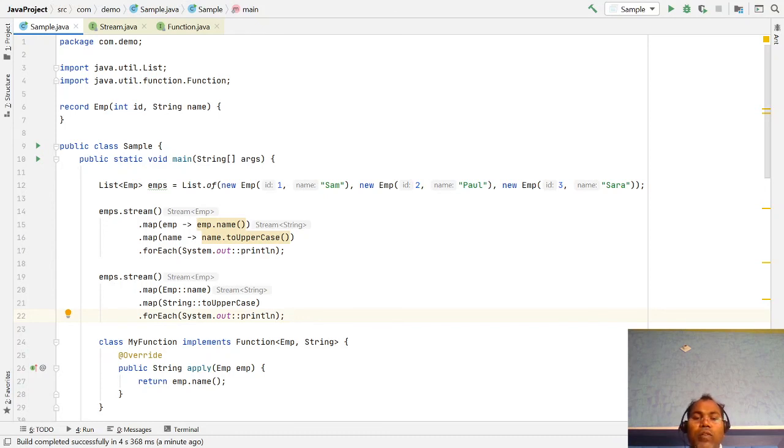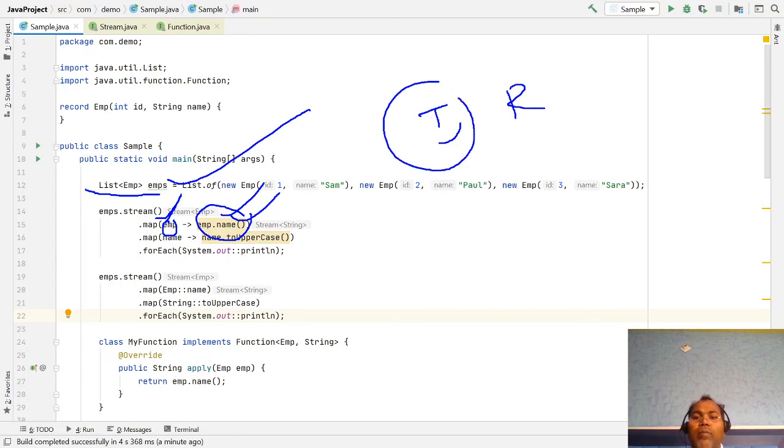Whenever you are iterating over a list of employee objects, or a list of any object, and you want to perform some kind of transformation from one object to another object, let's say as an integer you want to double, or here as a list of employees you want to make a list of strings, a list of integers, you have an option: the map function takes a T type of input argument and returns an R type.